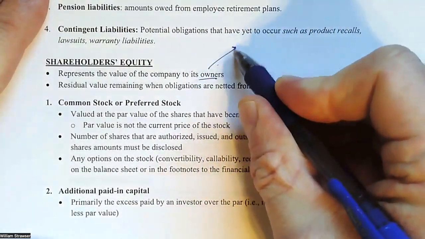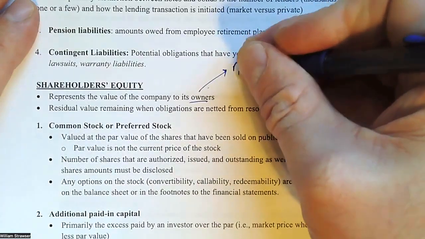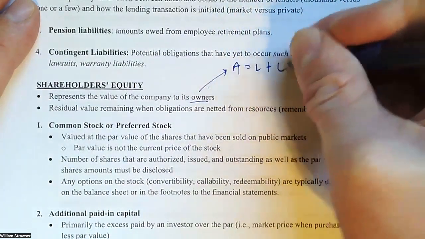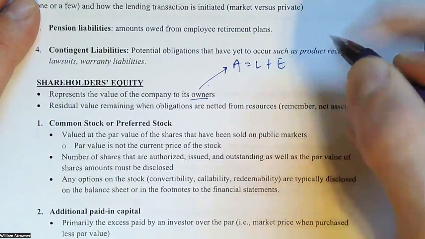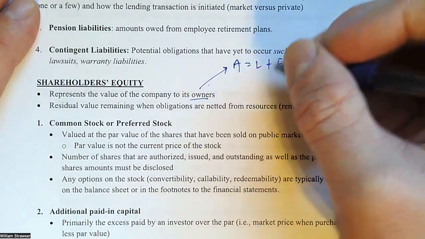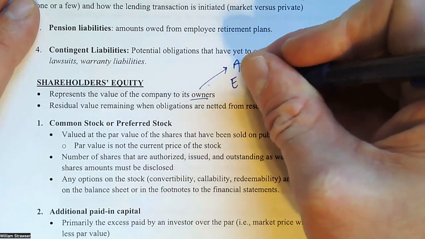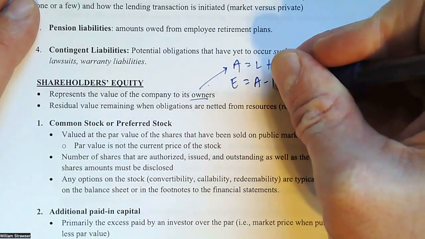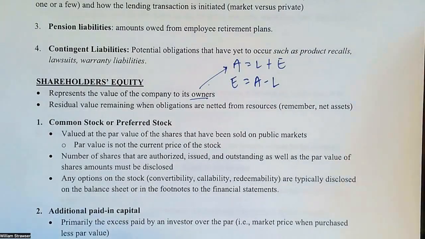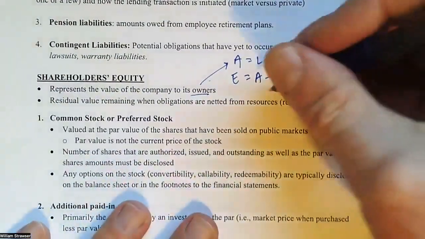When we assess the relationship A equals L plus E, if we're thinking about defining equity, we can define it simply by moving L to the other side of the equation, and that yields E equals assets minus liabilities. And this is a truth in terms of when there's a bankruptcy,